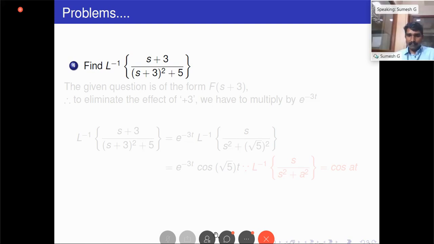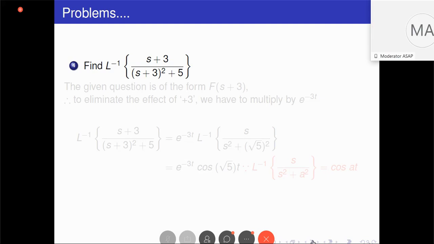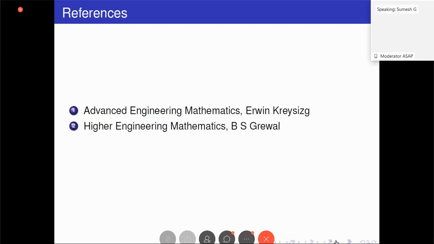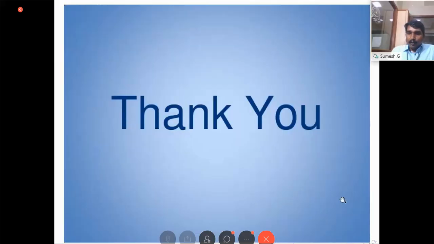Can you please tell us an easy way to find the factors? Factors can be found by using a calculator. We can solve the corresponding equation. If the denominator of the expression is some s square minus 5s plus 6, then equate that to 0: s square minus 5s plus 6 equal to 0.